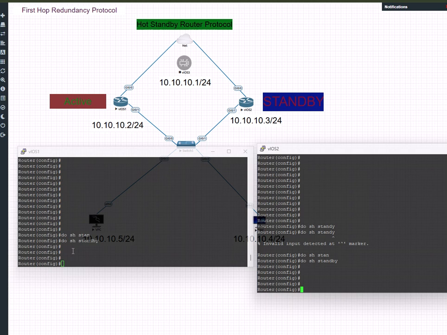Let's start with the router on the left-hand side, which is router 1, which we want to be the active router. This is going to be our router when the other one goes down. How do we actually do that? All we have to do is go to the router that we want to be the active router, and then we have to